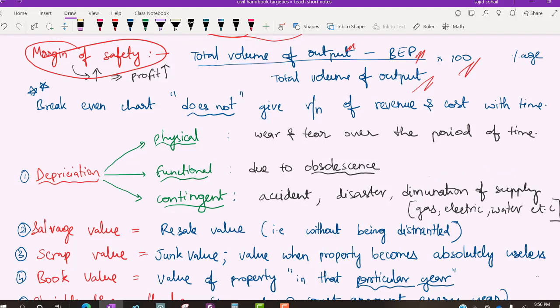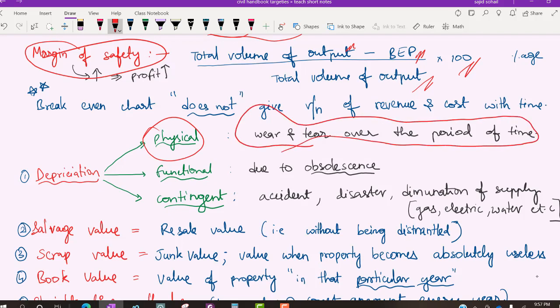Even manufacturing equipment, tractor ले लो आप, dozers ले लो, whatever you have in construction field, everything has to go through this depreciation. There are various type of depreciation. First one is physical. Physical yani over time. If you are using it regularly, there will be wear and tear over the product over the certain period of time, and we are calling it as physical depreciation.